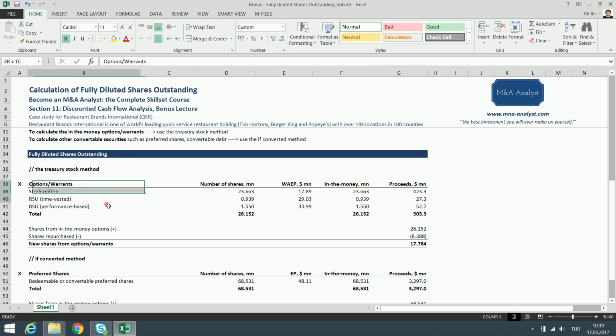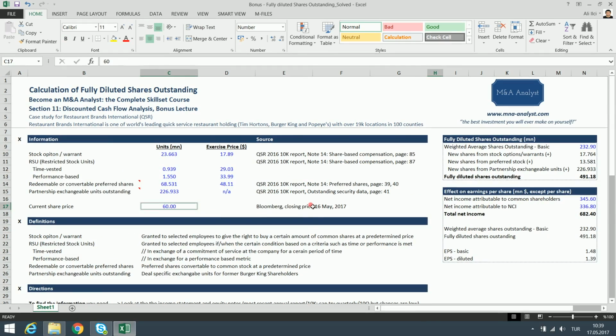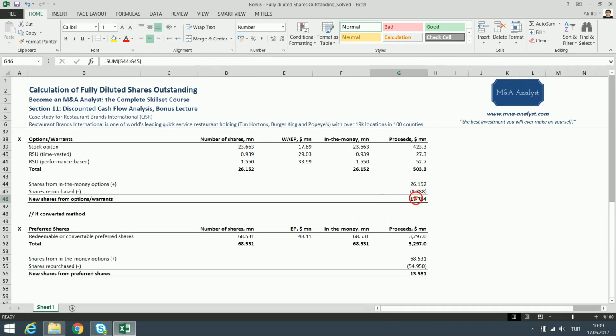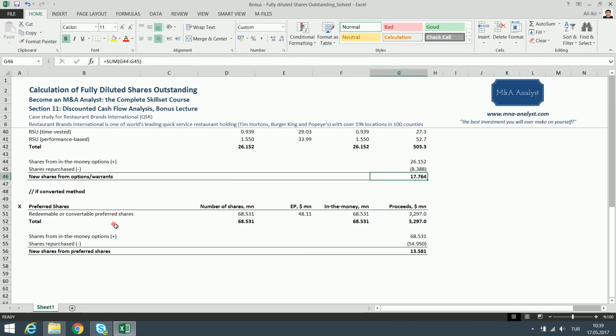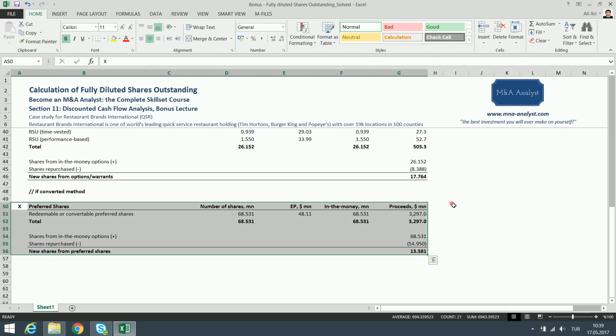So from the stock options, as a result of the dilution of the in the money shares at the $60 current share price, we will have 18 million additional stocks. Let's go to the if converted and the preferred shares side. Here,